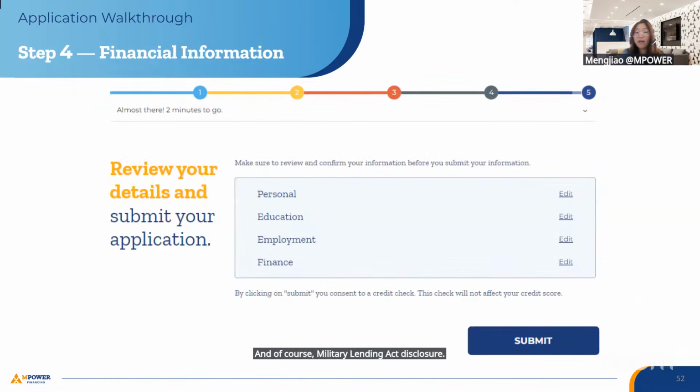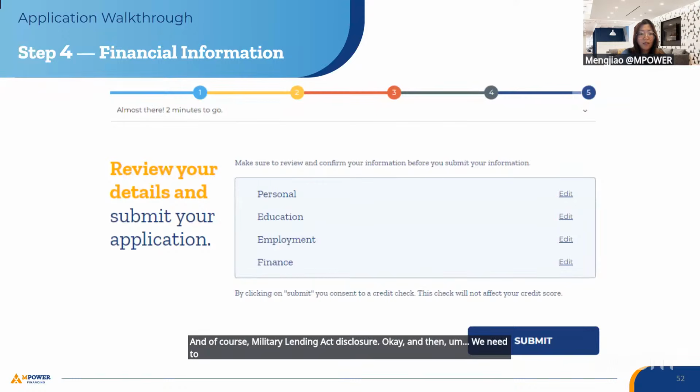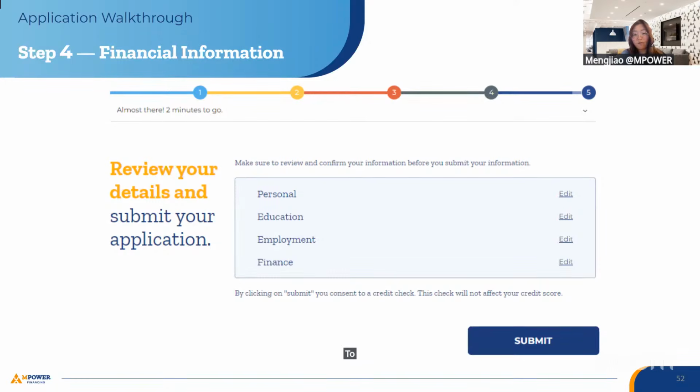Okay, and then we need to review your details and submit your application. Those will be the information you provided in the earlier steps. So make sure to review and confirm your information before your submission.